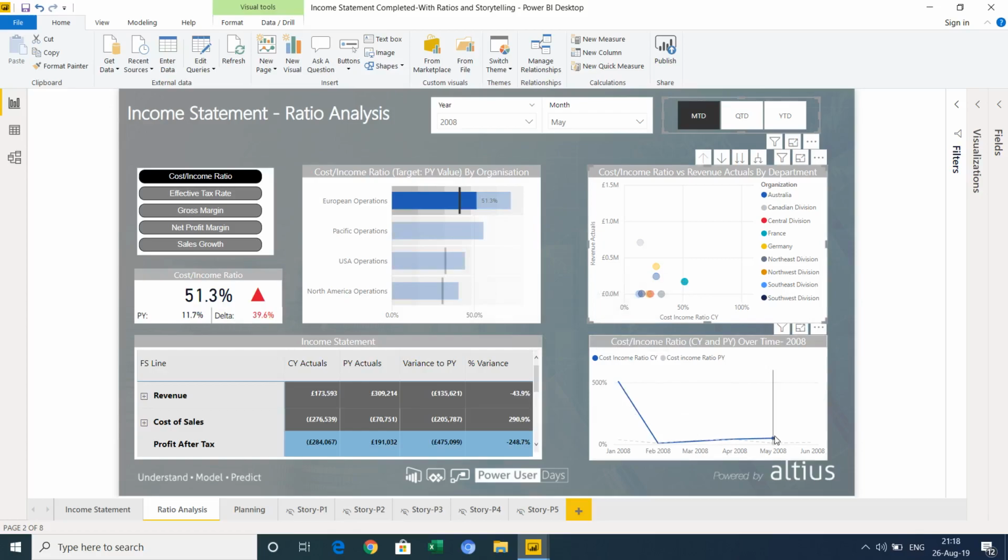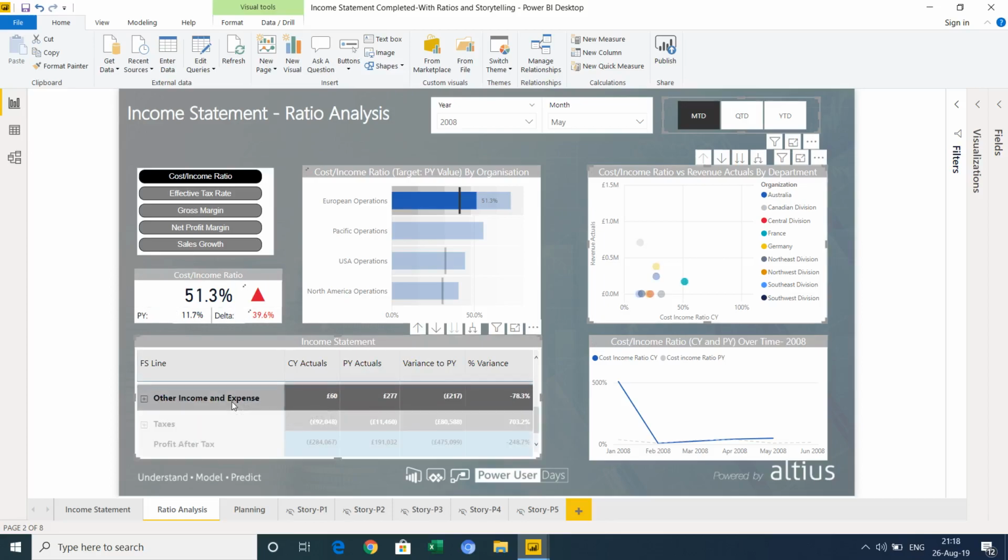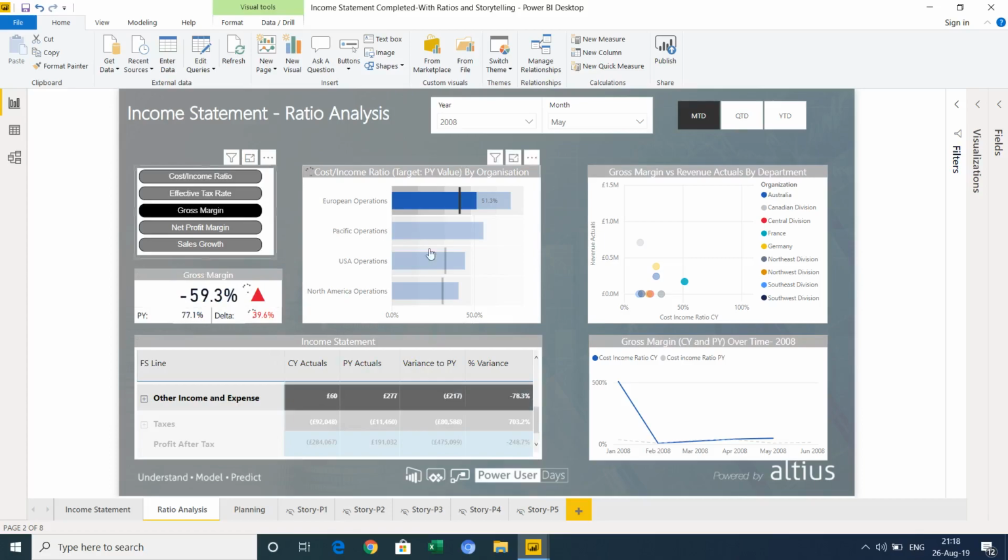And then we can see particular months where that was high, and then drill down and see what's driving those, so which particular lines are driving it. And now this is, once we click on, say, revenue, or we click on other income and expenses, everything else then filters now for us to show that particular data point. So we really got that as a kind of storytelling. Again, this is the kind of guided exploration. So we've got a story behind all of this.